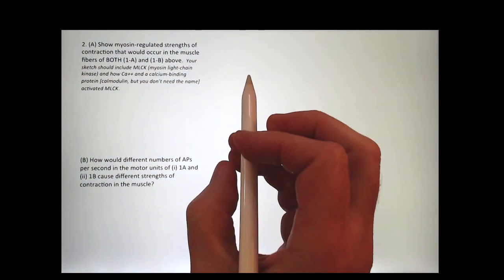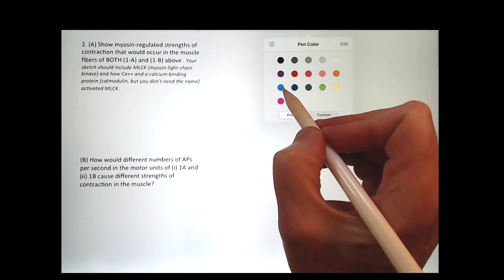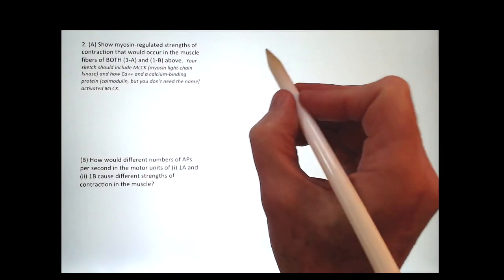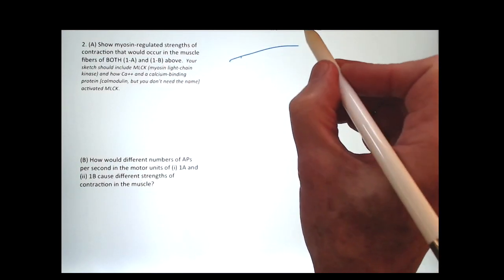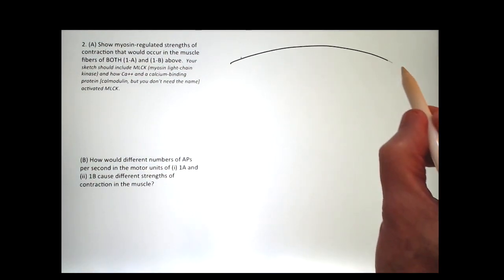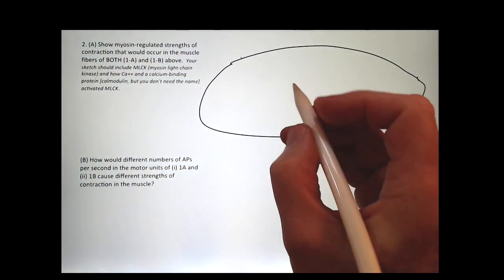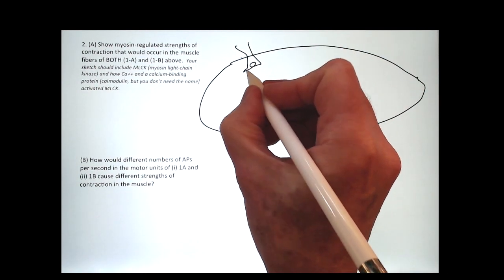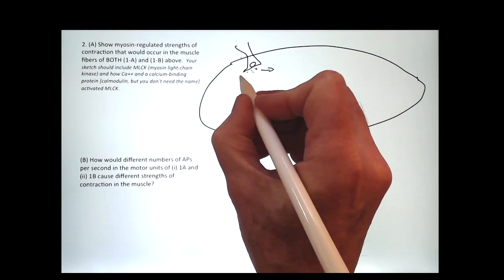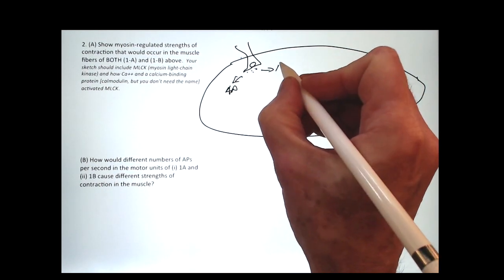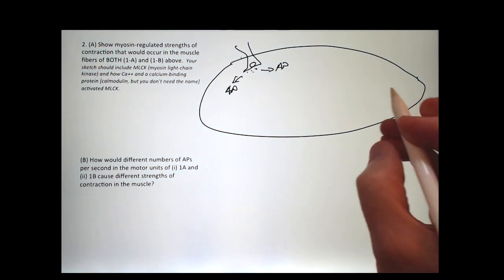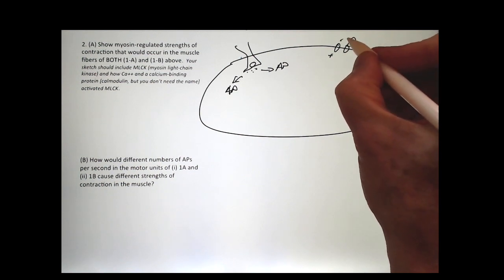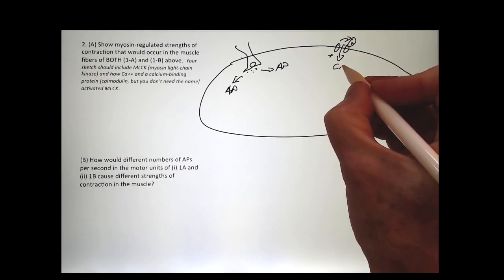Show how myosin-regulated strengths of contraction would occur in the muscle fibers of both 1A and 1B above. Okay, so let's look at one of the cells that produces action potentials. Here was the neurotransmitter release coming in, and we're going to get action potentials going in all directions. What that is going to cause at every location is opening of voltage-gated calcium channels, calcium